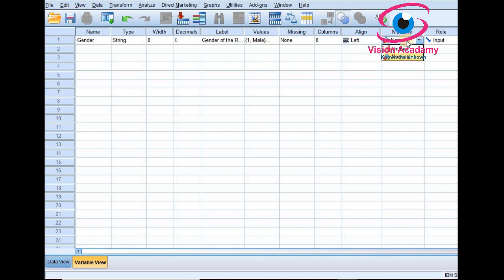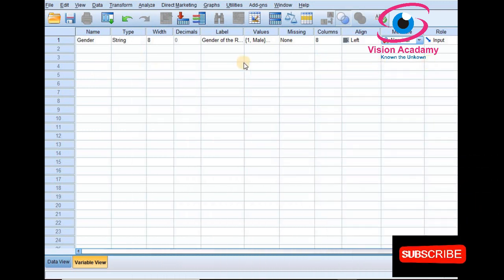And here look at here, measures are very important, you should understand. Measurement scales are there: nominal, ordinal, interval, and ratio. So based on the type of variable you should select the measure. For gender we can give some names, codified as female, male, we are naming that. Naming means it will come under the nominal scale. So based on the variable it will depend. In this way I have entered the first variable.